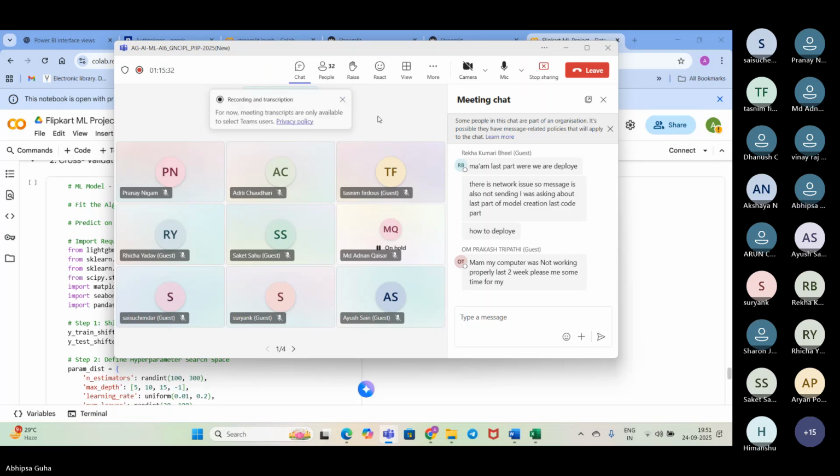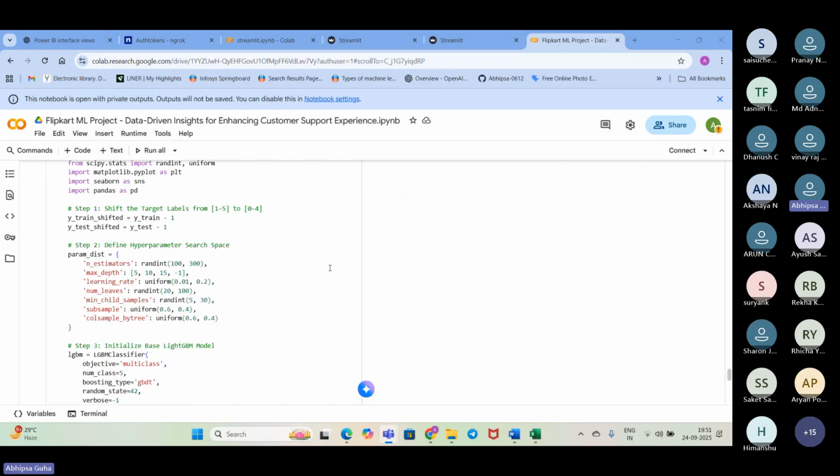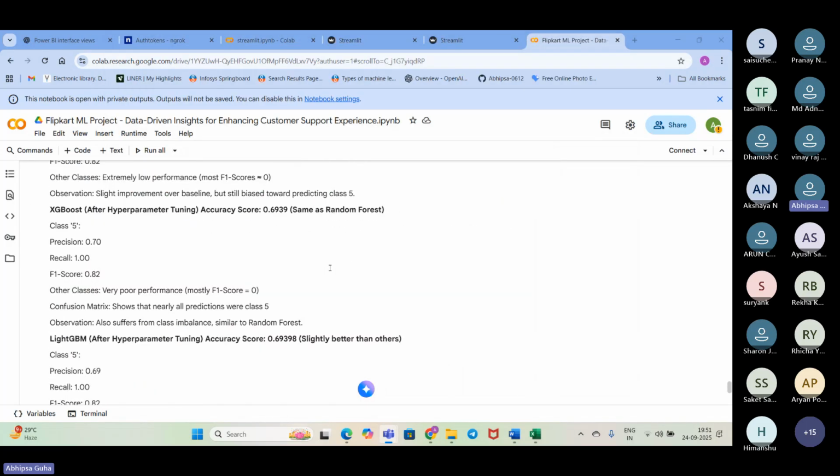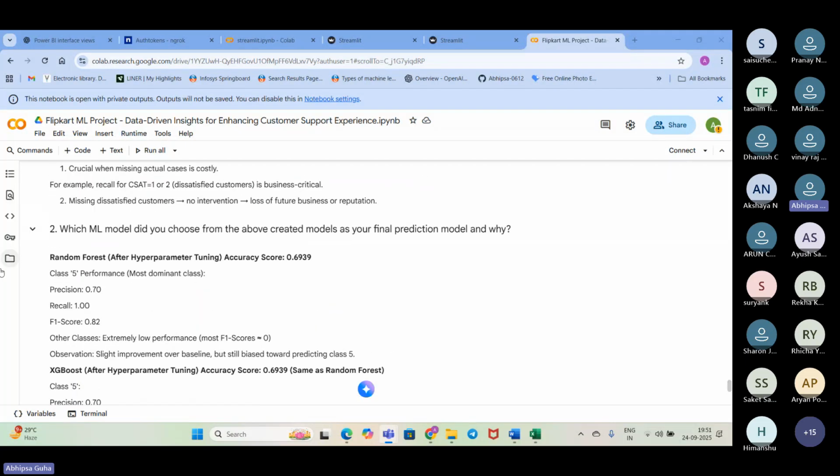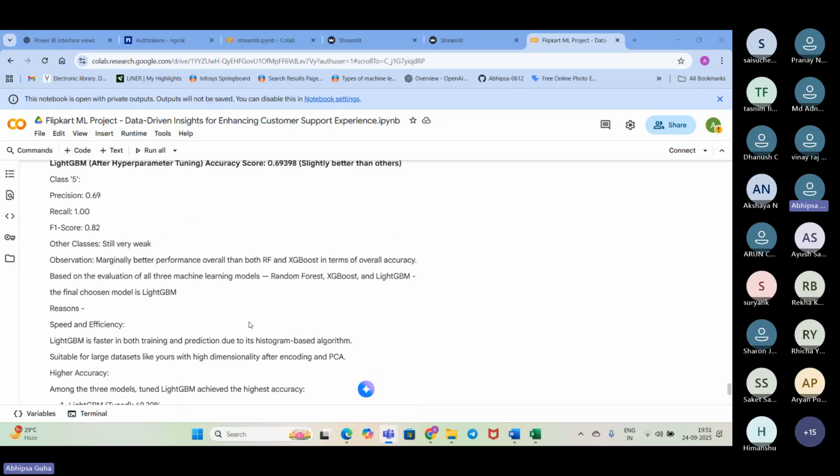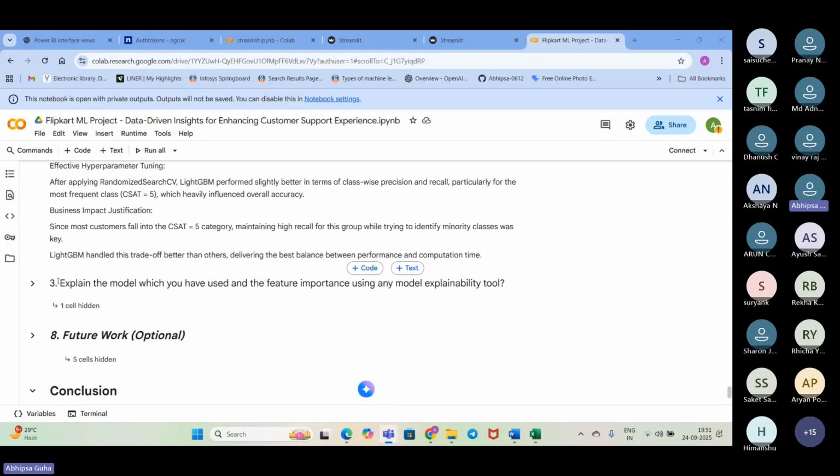Just a minute, please. Okay, so we'll just go ahead with that. After it has been done, try and create an evaluation table, with which model you have chosen. After you are done with your project, I ask you which model works good for you, right? So just do the same thing. Write down which model works best for you and why, and this is how you will be answering that. Okay, so after it has been done,